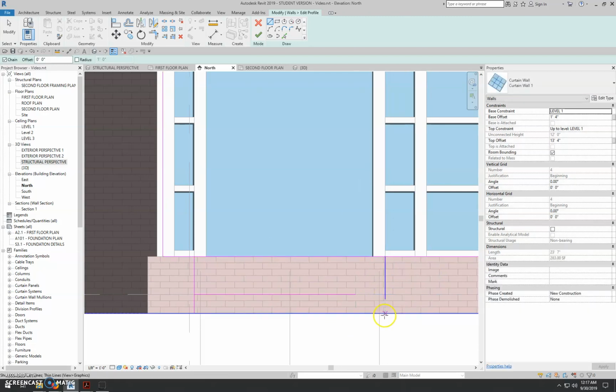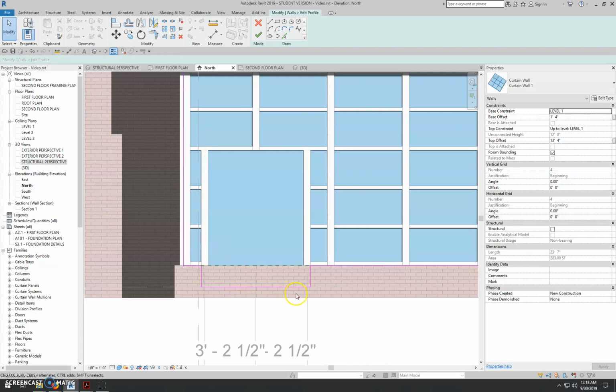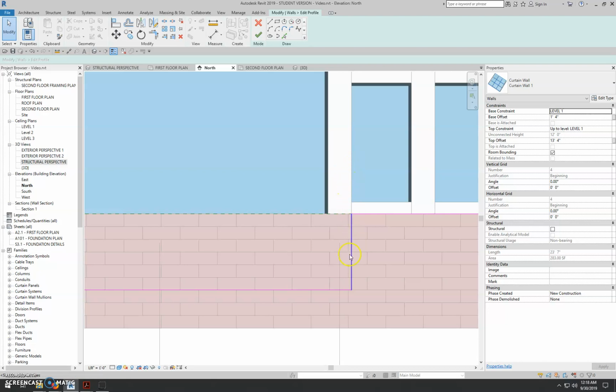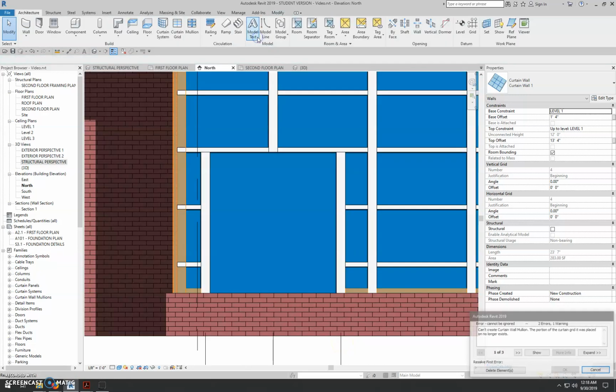I always just draw these in. Again, trim to the corners. This line here we're going to have to split. We can use the split element tool to split that, and now we can trim those. I use the TR command. You could also get it up here to trim those to the corner. So now we have this pink line that dips down here, and you have to go to the back side of the mullion for this mullion to continue down. So we can hit the green check mark,